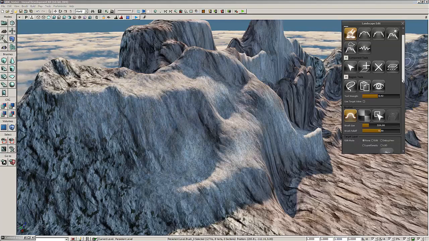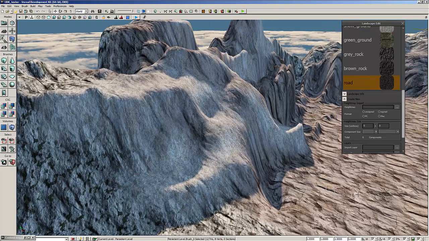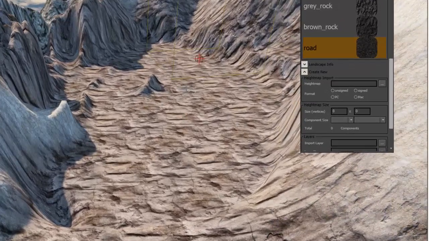And last thing in here, I'm going to go and paint myself a road. So I'm just going to come in here and paint myself a road. And hopefully this will speed up in a second. It always takes a second to switch between your textures because it's having to calculate that shader over again. So it always takes a second or two to fire up before it just starts throwing out awesomeness for you. So I've got my road